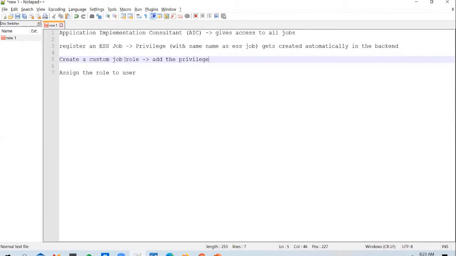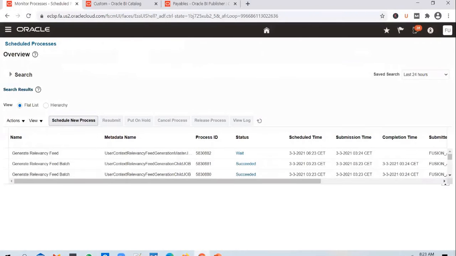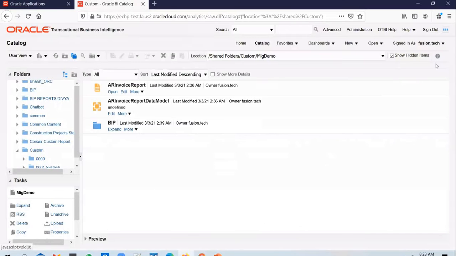So how do you create a custom job role? For this, you need to have access to the security console. So let me log in as a user who has access to the security console.